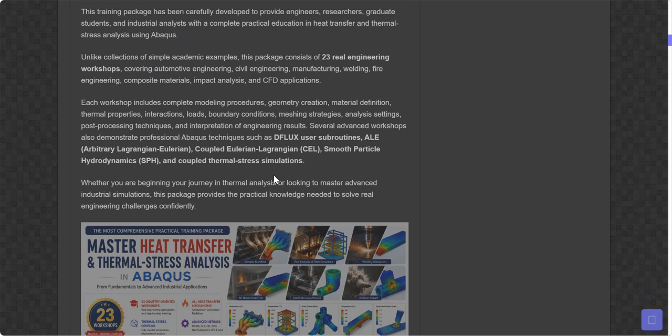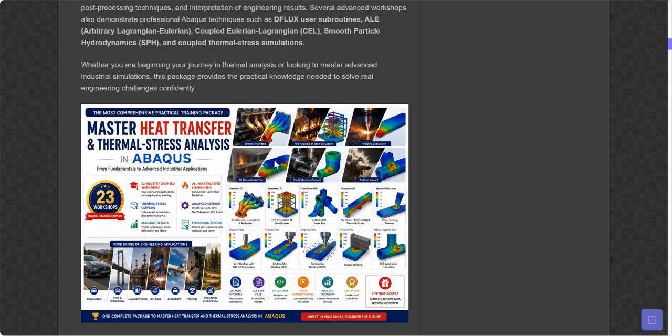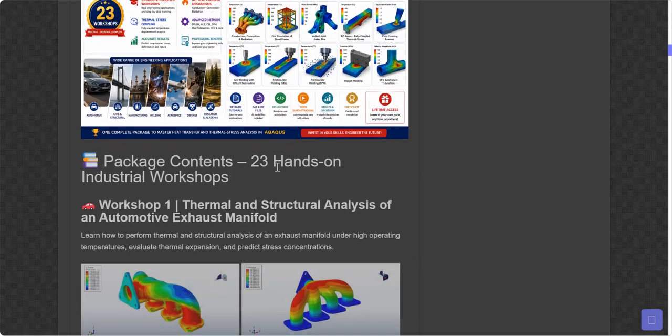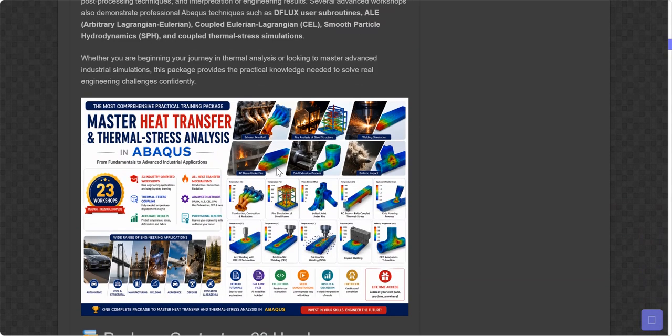To accurately predict these phenomena, engineers need to understand the three fundamental modes of heat transfer: conduction, convection, and radiation. Conduction describes heat flow through solid material. Convection represents heat exchange between a solid surface and a surrounding fluid, such as air or water. Radiation transfers heat through electromagnetic waves and becomes especially important in high temperature applications, like combustion systems and fire